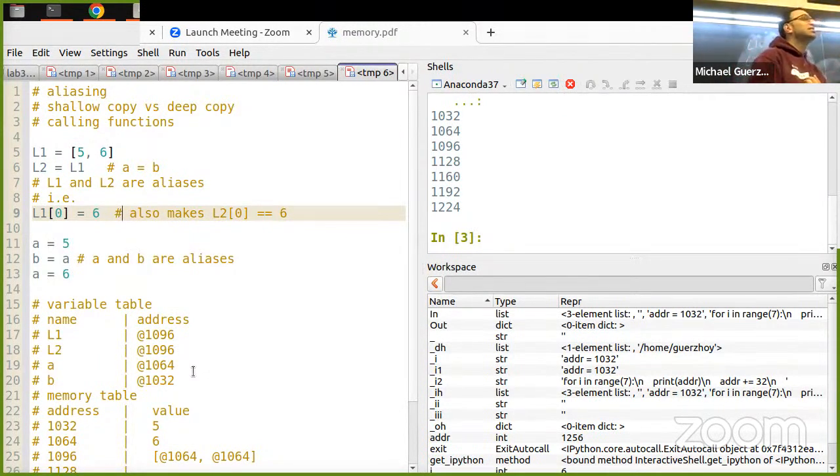Does it have to be integers, like are variables beside the integers aliases, since integers are? Well, exactly, so it doesn't. Yeah. When you assign, the access in the memory table actually already exists.